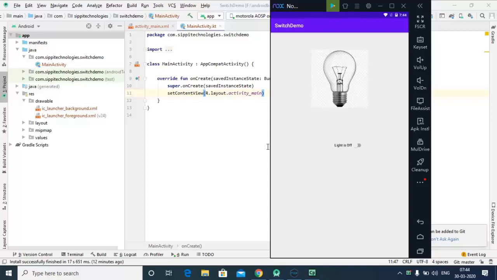Hello learners, in this video we will learn how to use switch in Android. We are going to make this application. When you click here or swap,